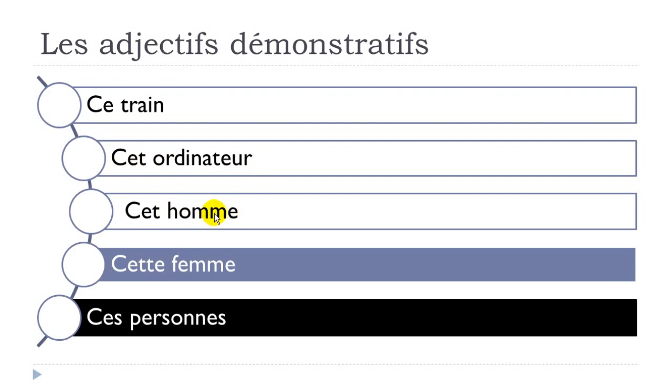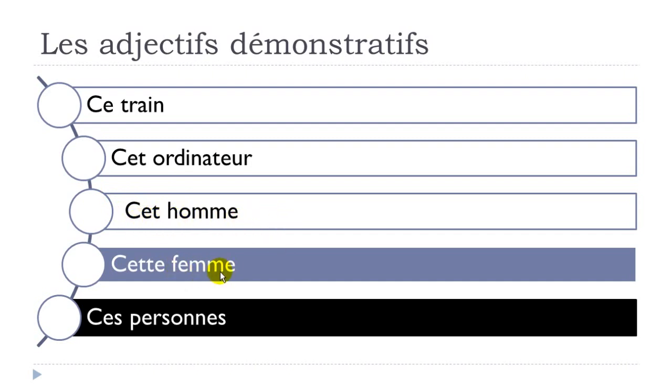okay, and then here we've got the word homme, man, okay, but then it starts with H, as in French, H is not pronounced, so the first sound that we hear is O, okay, and then it will follow the same rule. You'll have to use the masculine adjective démonstratif, but this form, cet homme,